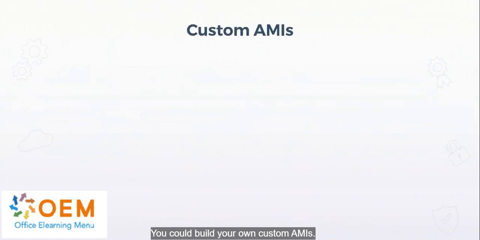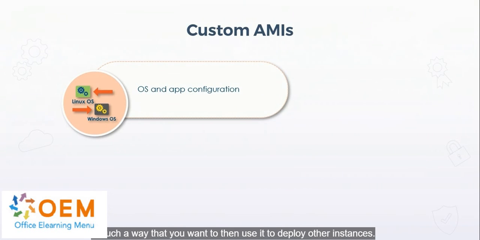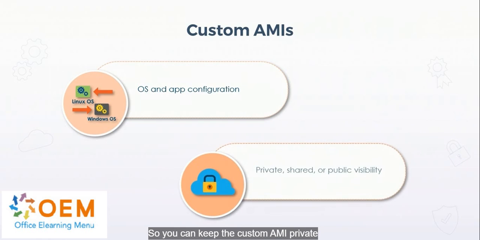You could build your own custom AMIs. Of course, what you would do then is you would have the operating system configured in such a way that you want to then use it to deploy other instances. You might have the apps installed and configured. And also, you could then determine where you want that custom AMI to be used, its visibility. So you can keep the custom AMI private so that